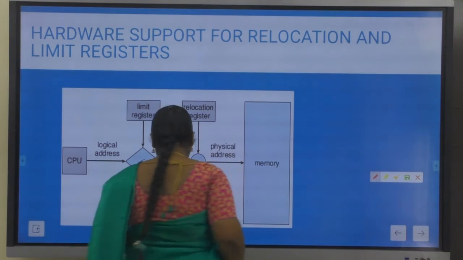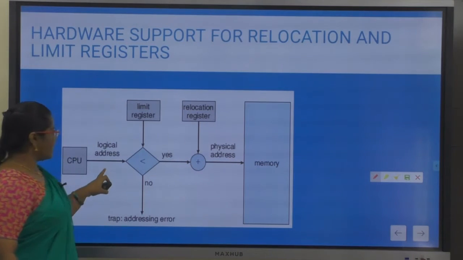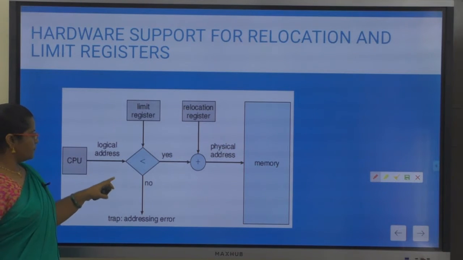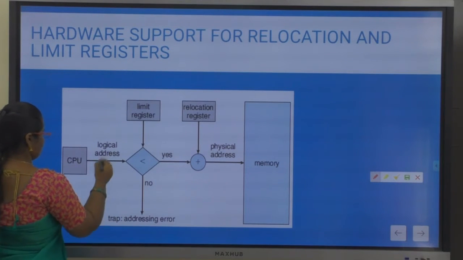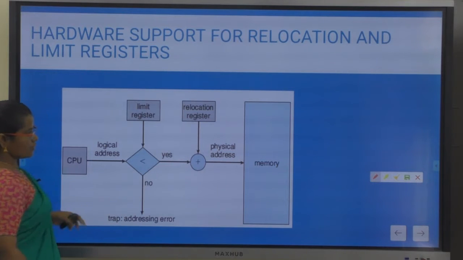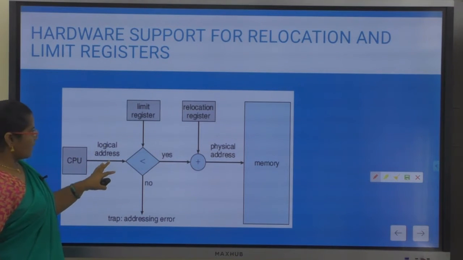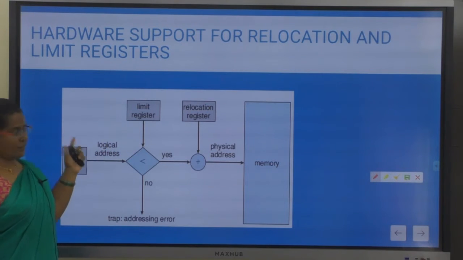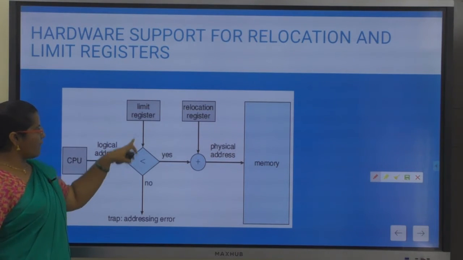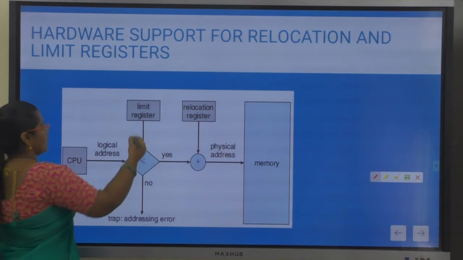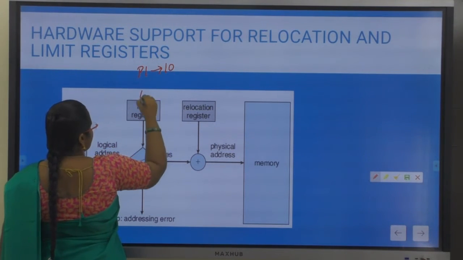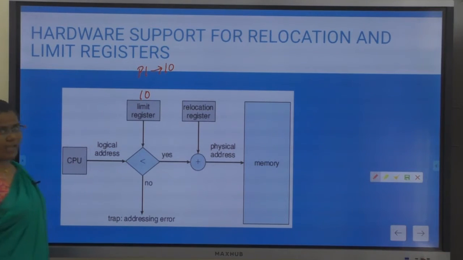See here, the logical address that is generated by your CPU is taken. The logical address generated by your CPU will contain the process number and the byte number, that is the offset. This offset will be compared to your limit register. Say for example, my process P1 size is 10 bytes, so your limit register will contain the value 10.